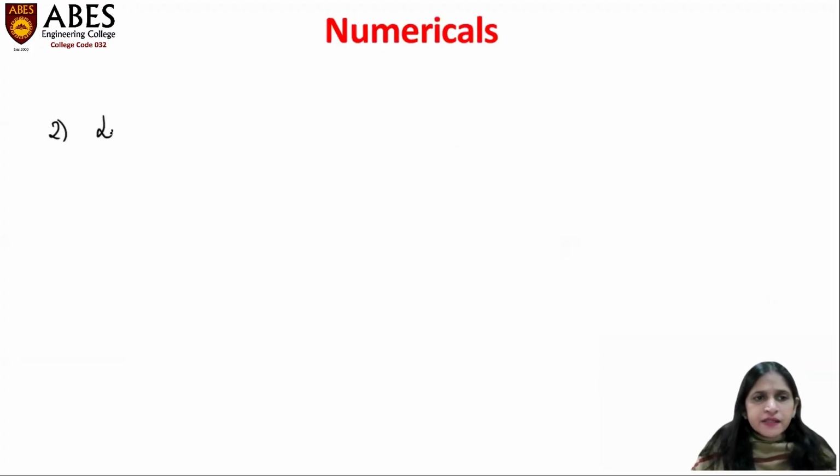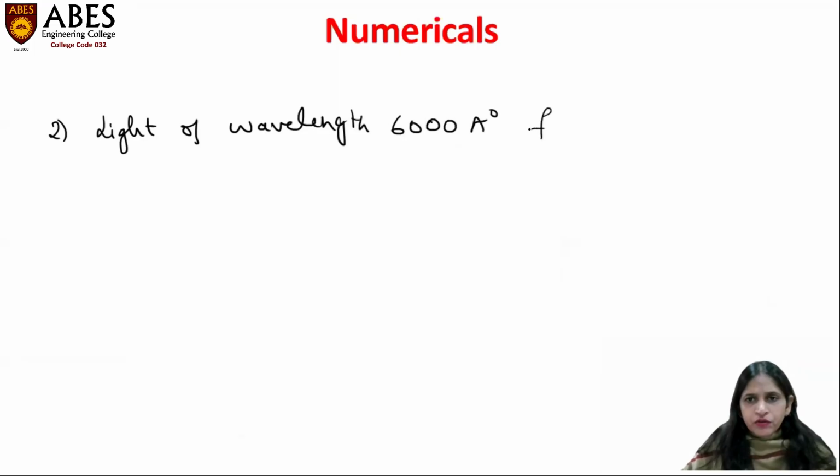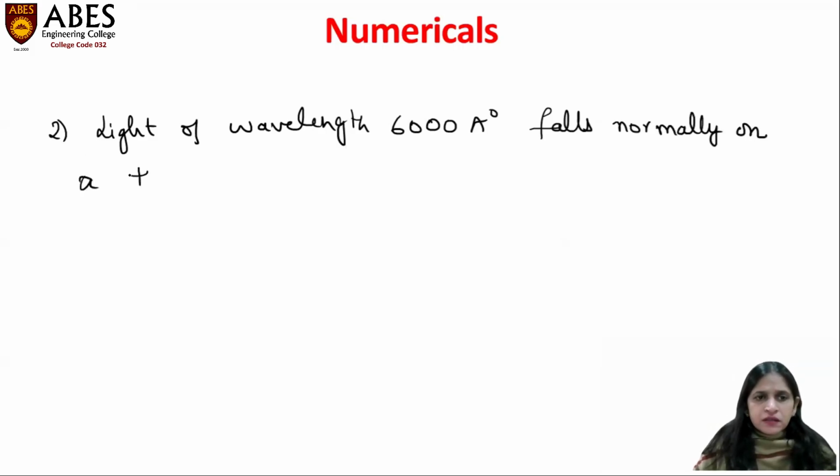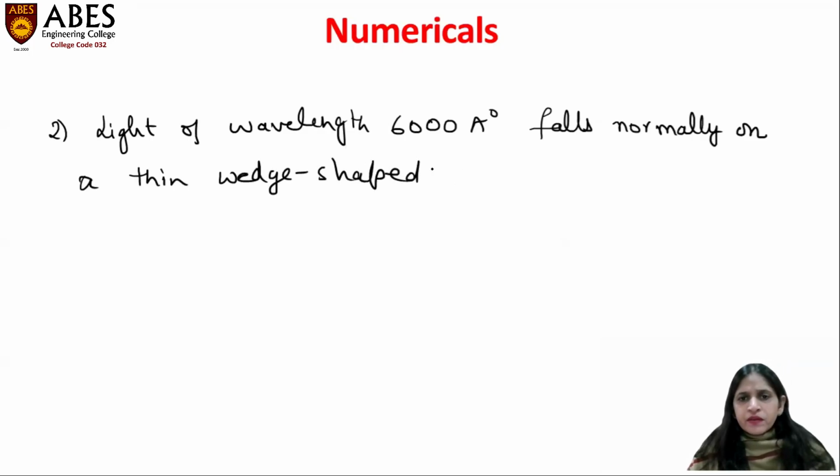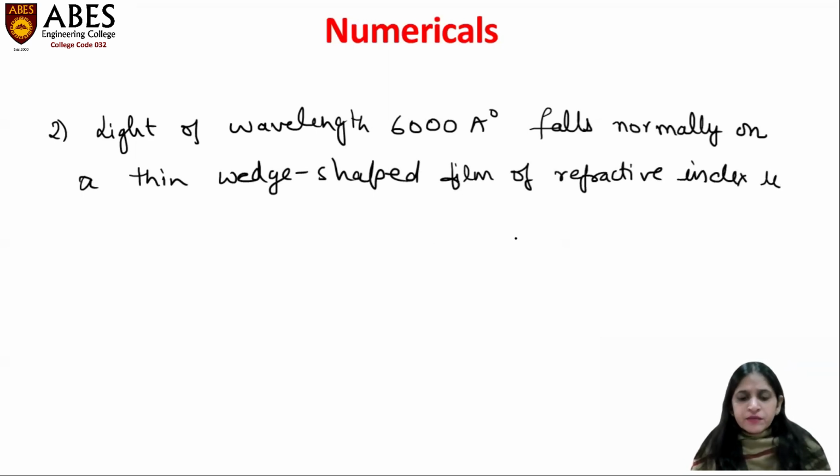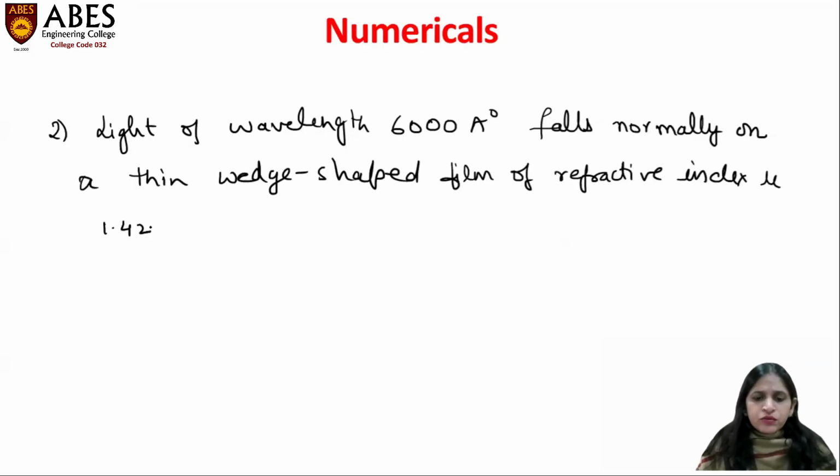Question is: light of wavelength 6000 angstrom falls normally on a thin wedge-shaped film of refractive index mu, that is 1.42,